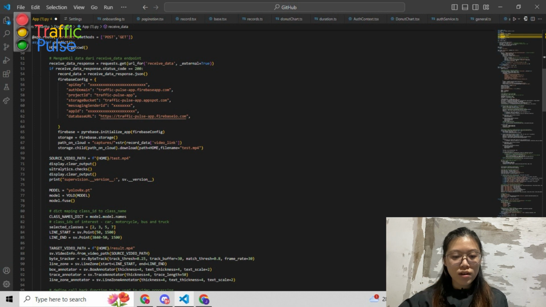And this app route is for predict, using the GET and POST methods as well. It fetches the data from the receive data endpoint, and if it succeeds, it will return 200 and return JSON format also. And we have to set the configurations so it can connect to the Firebase service. That's why we need Firebase, to interact with the stored files,